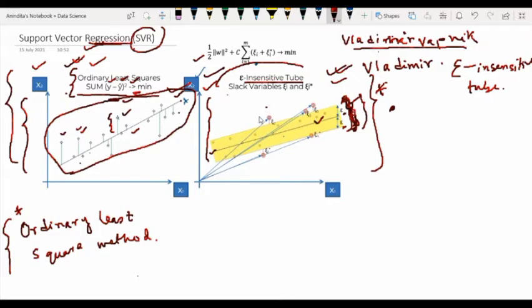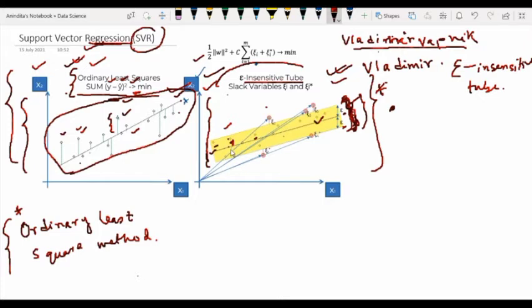So this is the first point you have to keep in mind. It means that any point in the data set that falls inside the tube, see, inside the tube we have many points, so we will be disregarding the error. Basically this tube can be thought of as a margin of error. Whatever points we have inside the tube and whatever error we have, meaning the distance between the line and the plot, we will disregard this error.